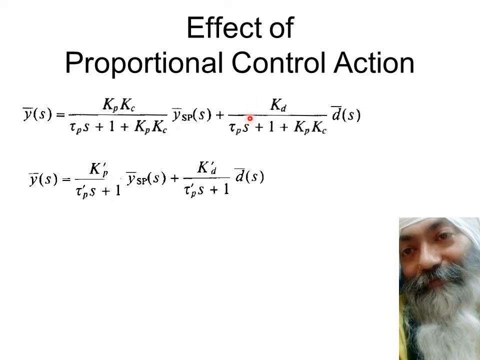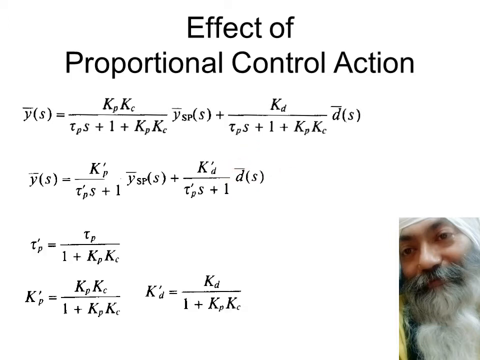It can be expressed in the equivalent term. Even this can be expressed in the equivalent term, that is, in the presence of Kc the whole thing gets modified. It still remains first order, but you know this K dash p has changed, this tau dash p has changed, and so has this K dash d. This has also slightly changed. And if you see from the simple mathematical manipulations over here, you will find that this tau dash p is nothing but tau p upon 1 plus Kp. What I've done is I've simply divided by 1 plus Kp in the denominator and so on, so as to get the value over here. And so is the case with K dash p.